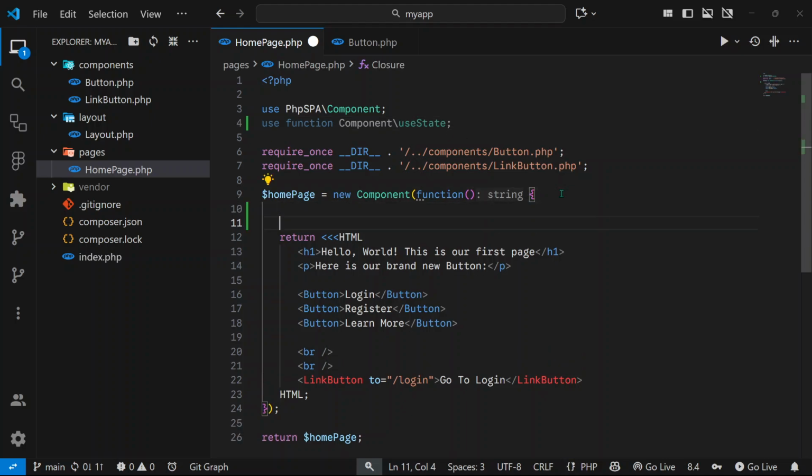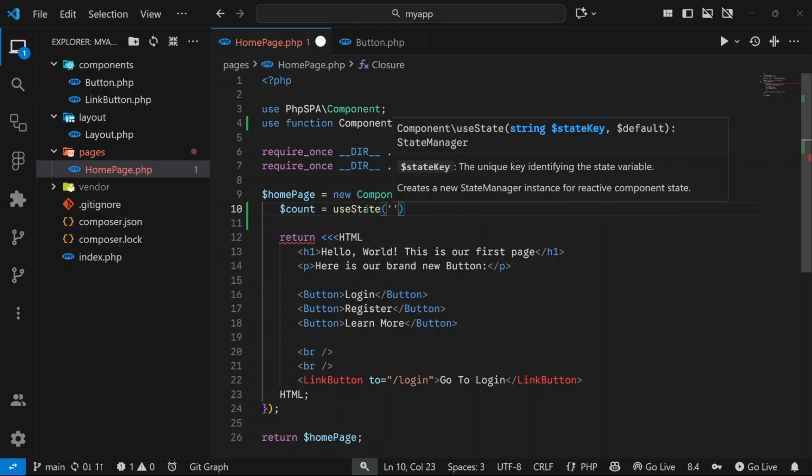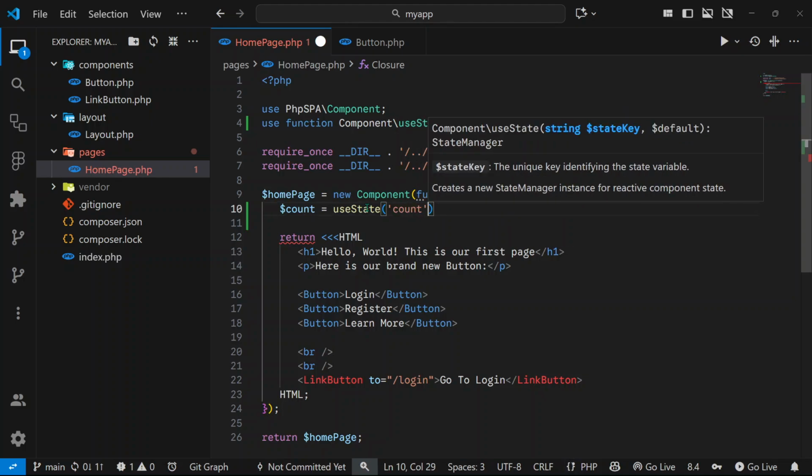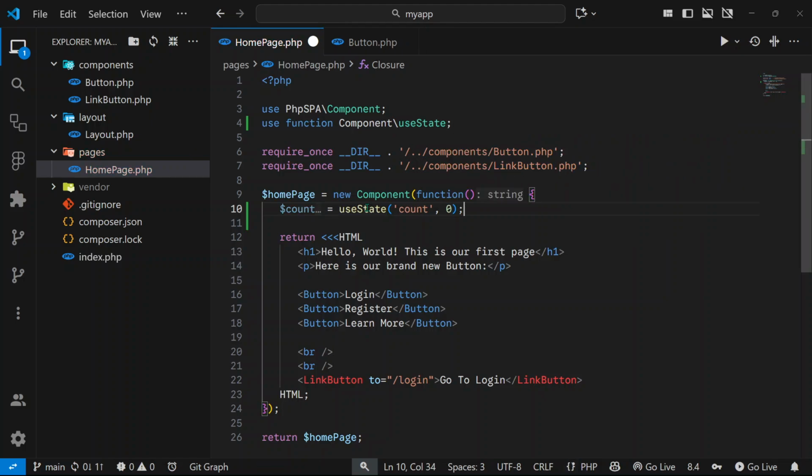So here, at the top level of our function before the return statement, we can now define our state. Let's say we are making a counter, so count equals useState, with count and zero. The first parameter is the unique key for the useState, and the second one is the default value for the useState. So here you can now put it